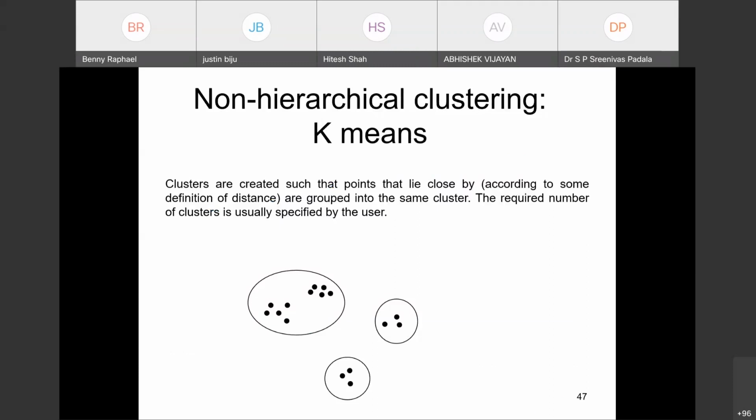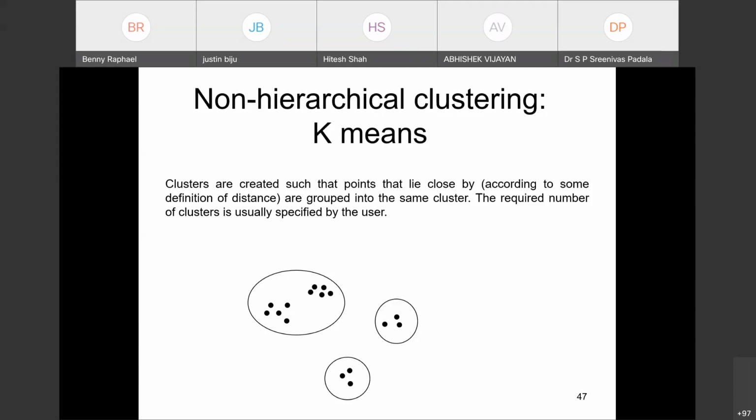Then you take the next point and so on. So you repeat over all the points, compute the distance to each cluster, and finally you assign the point to each cluster. So you get a set of clusters. Now you can start with a different starting point. Randomly you can start with a different centroid for the cluster and repeat the process, and finally you get a set of clusters.